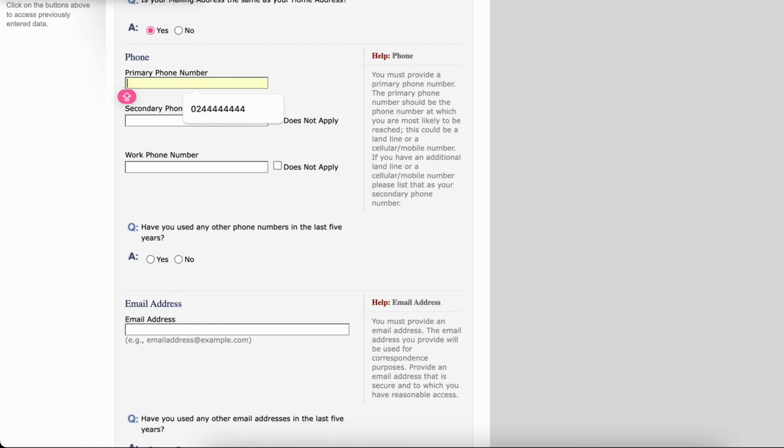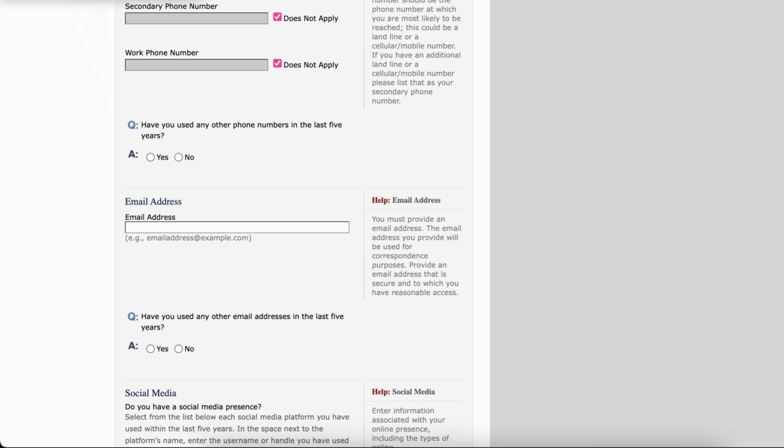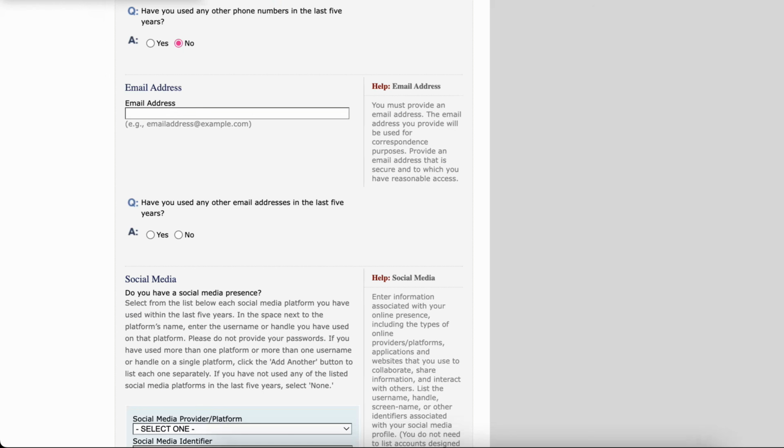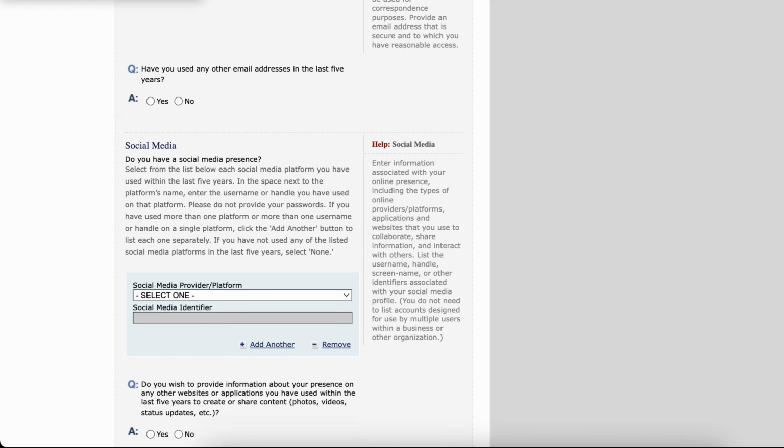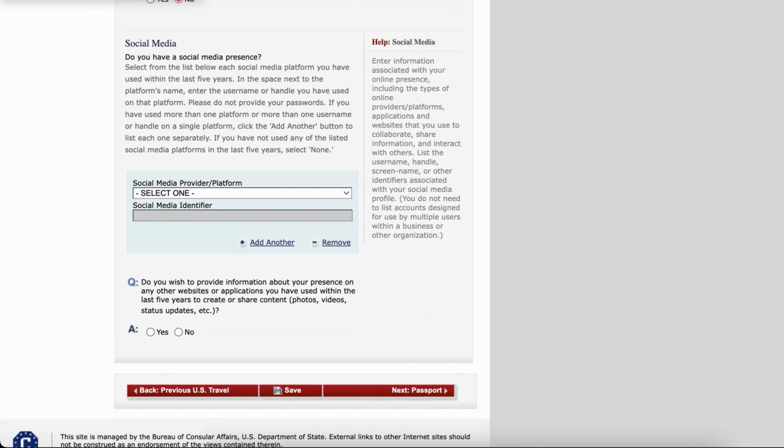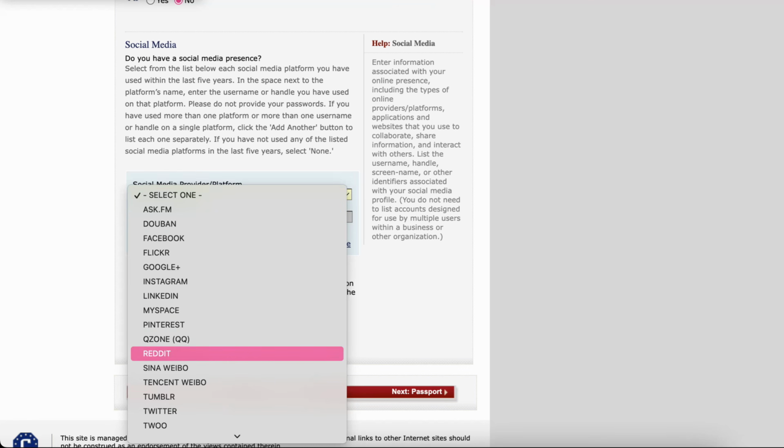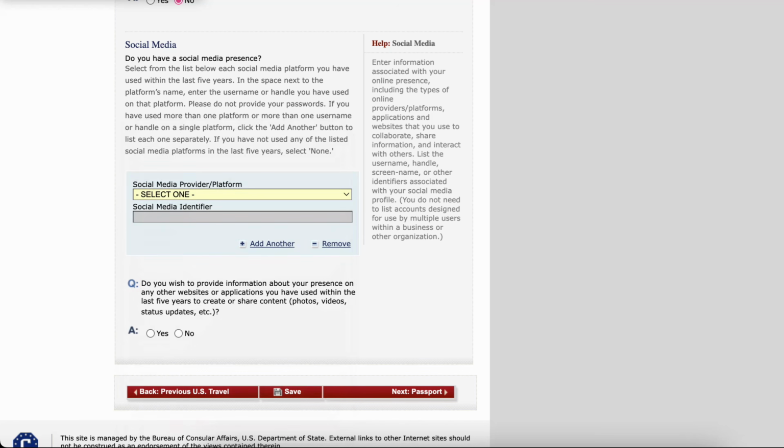Phone number, here you have to enter your phone number. Secondary, if you have another phone number, so it does not apply. If you have a work phone number, it does not apply. Have you ever used any other phone numbers in the last 5 years? No. Email address, so we can put it there. Have you ever used any other email address? Probably no. Social media, so this is actually a new thing, so you have to enter your social media account. So YouTube, and then